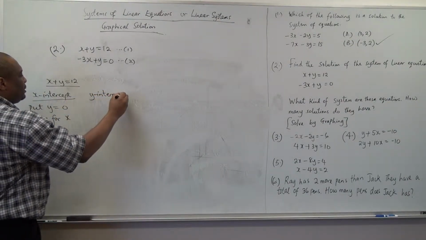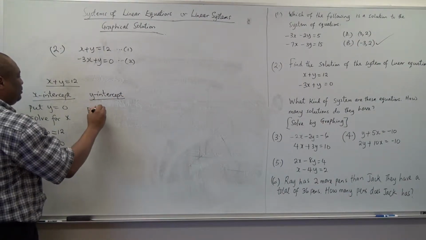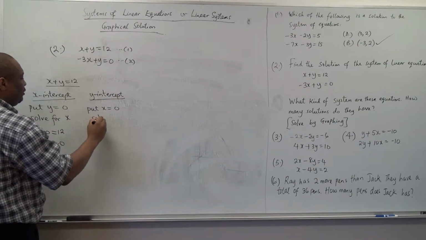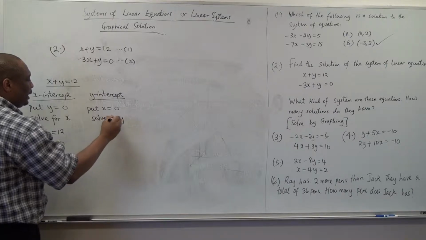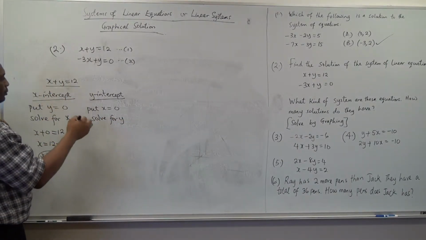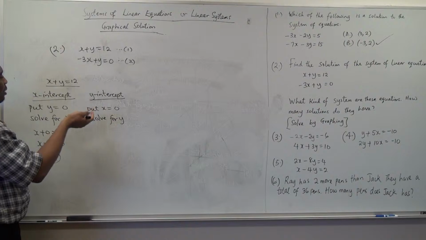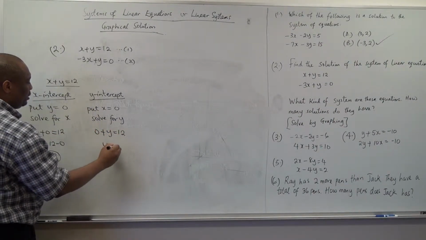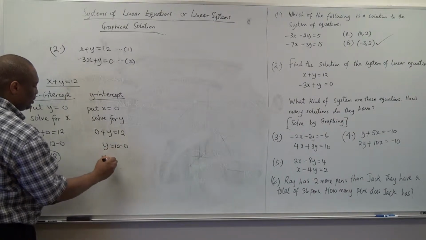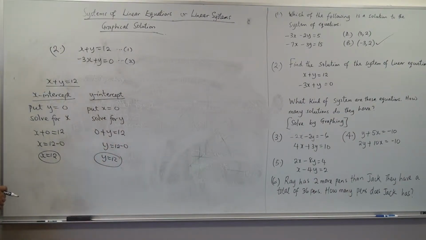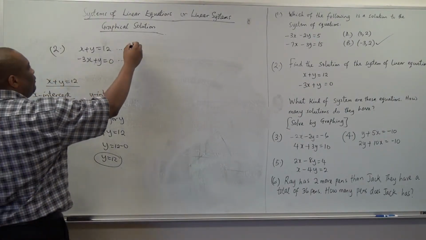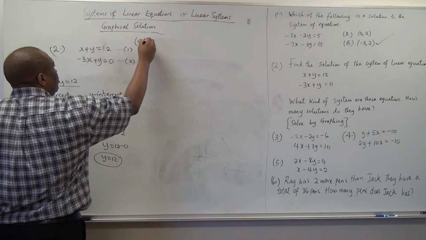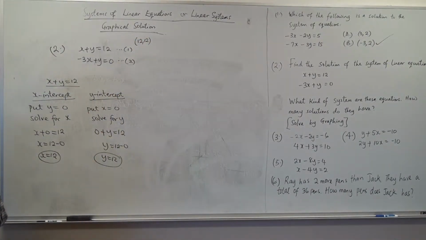Then let's go ahead and find the y-intercept. For y-intercept, put x to be 0 and solve for y. So wherever we see x, we put 0 and we solve for y. 0 plus y is 12. So y is 12 minus 0 and y is 12. So we have 12 and 12 for the first equation. So let's write it out here, 12 and 12 for equation 1, because we're going to plot it